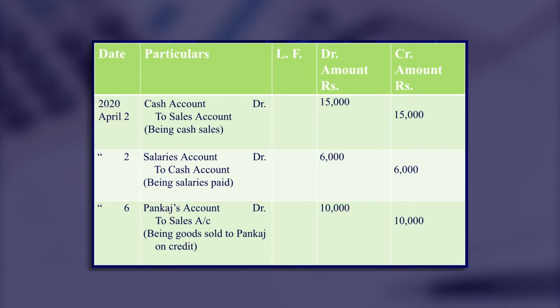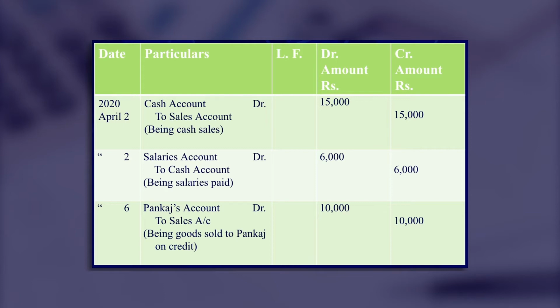Therefore, we presume that the goods have been sold to Mr. Pankaj on credit basis. So, here the journal entry will be Pankaj account debit to sales, because sales is a revenue for the business